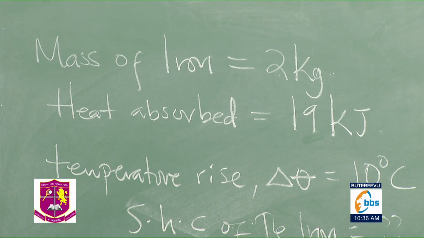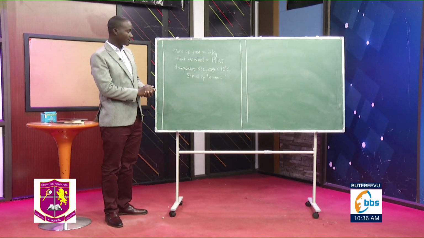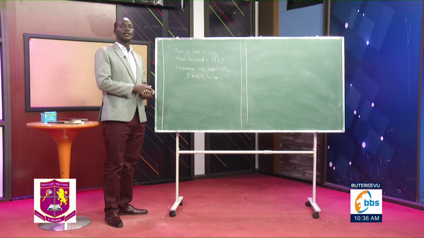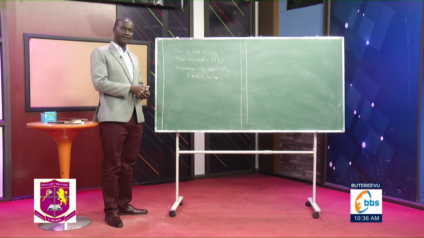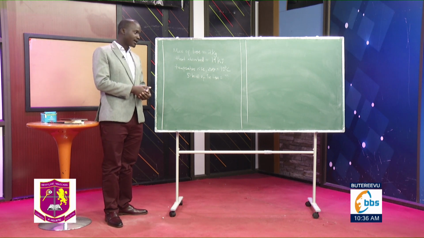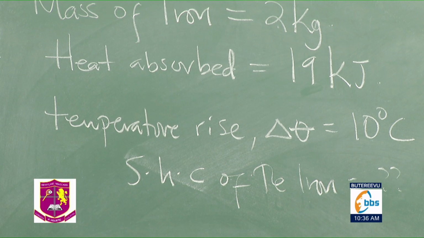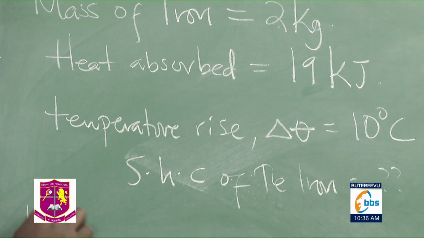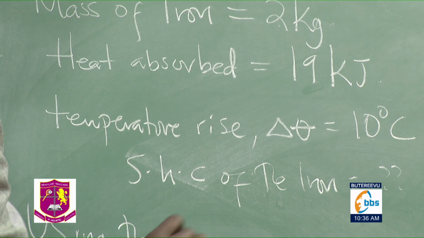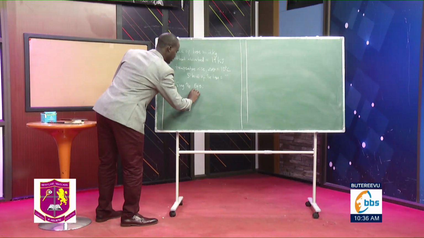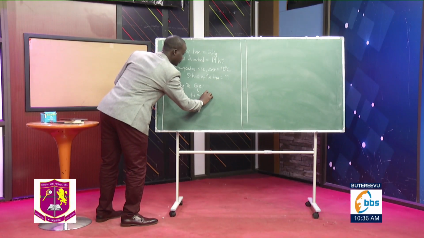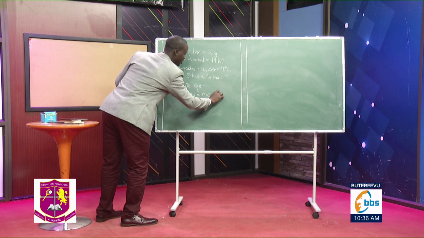This time we are looking for the specific capacity of the iron. So after summarizing my question, I am going to go on and use the equation which I talked about yesterday that we use in order to determine the quantity of heat. Why am I using this equation? This equation involves the mass, temperature change, and indeed it also involves the specific capacity. So using the equation that heat absorbed is mass times specific capacity times the temperature change,